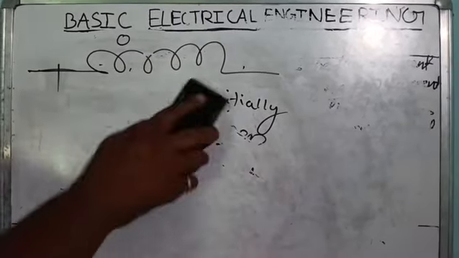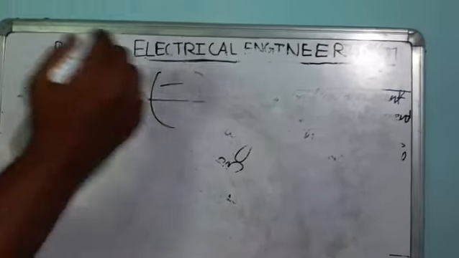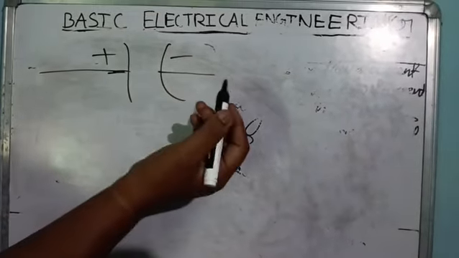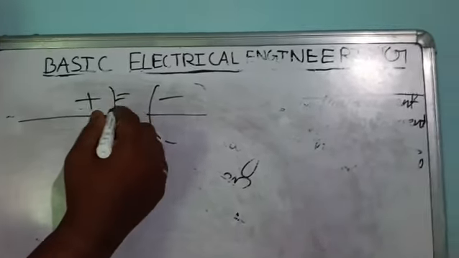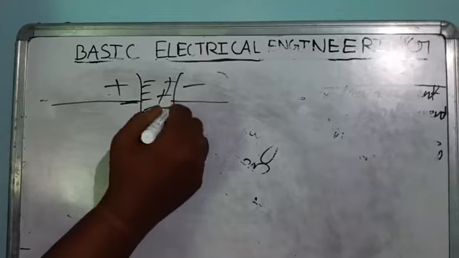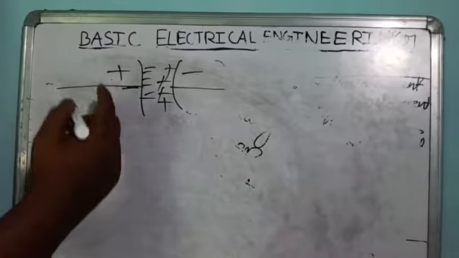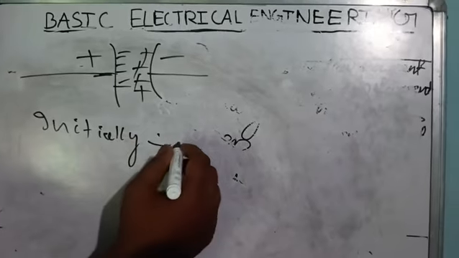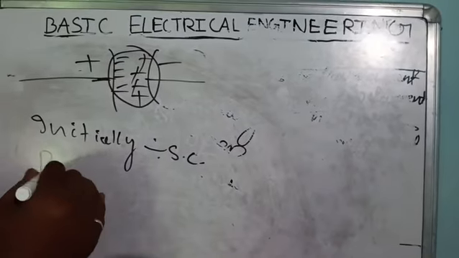Similarly, in case of capacitance, suppose this is a capacitor, two plates, this is the positive plate, this is the negative plate. When voltage is applied, a negative charge develops in the positive plate and a positive charge develops in the negative plate. So the capacitor initially behaves as short. Initially it will behave as short. When the total voltage develops, finally at infinity